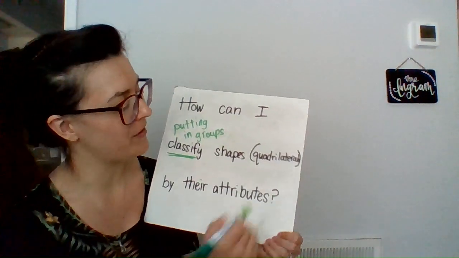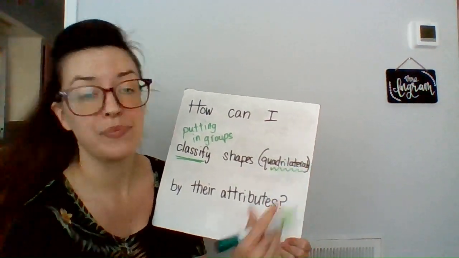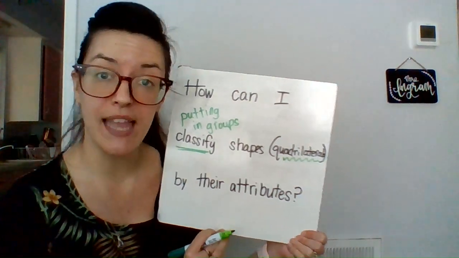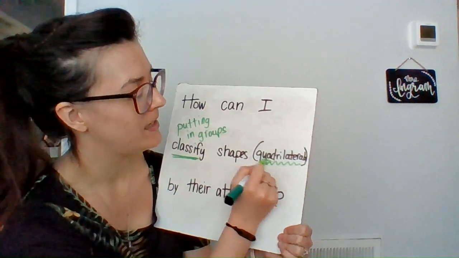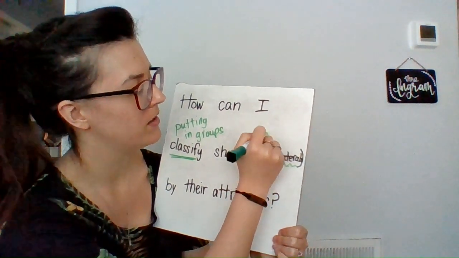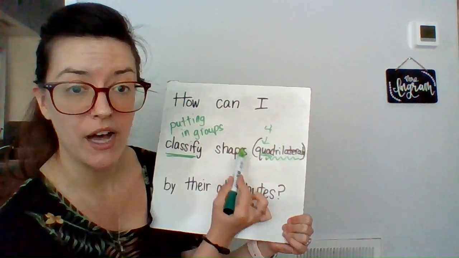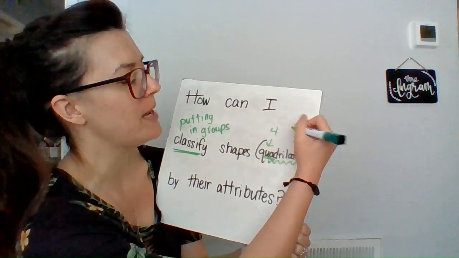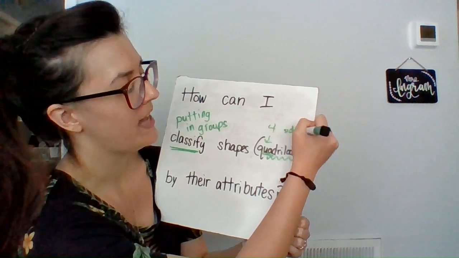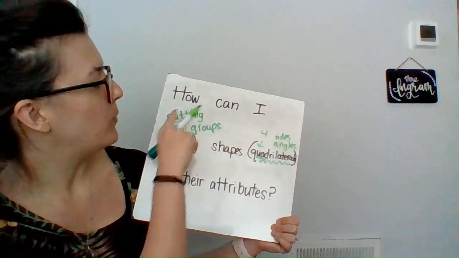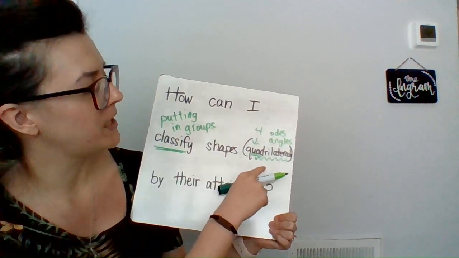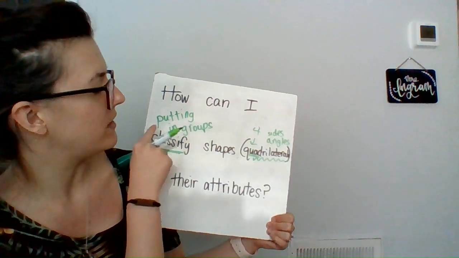Our next word that we're going to focus on is quadrilateral. What is a quadrilateral? That's right. Quad means 4. So that prefix quad helps us figure out that we are talking about shapes with 4 sides and 4 angles. So we are putting shapes into groups, and specifically we're putting quadrilaterals, shapes with 4 sides and angles, into different